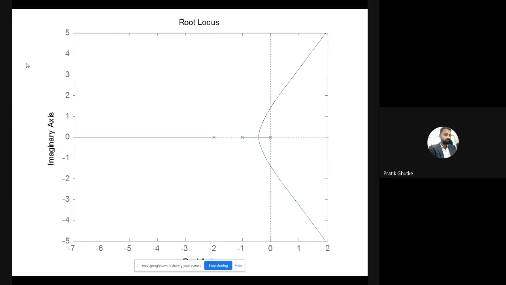Okay. So this is MATLAB, the representation of the root locus. If you plot the root locus of the above given equation in the MATLAB command, you can find the root locus will look like that. The valid breakaway point is minus 0.412, and I have plotted the pole zero mapping, that is, poles at 0, -1 and -2, and on the j omega axis the root locus is meeting at plus minus root 2j. Yes.